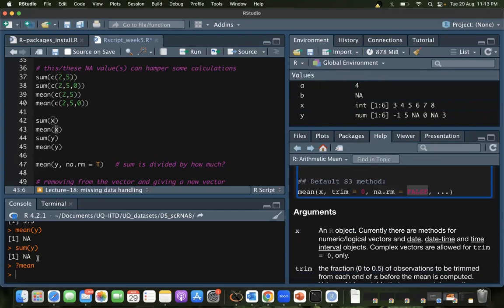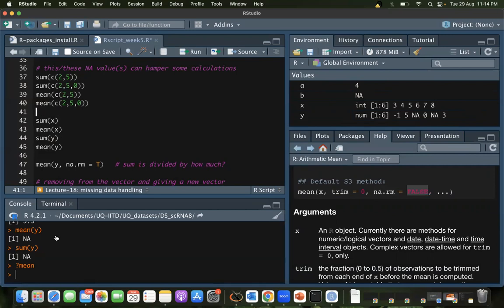So if you're getting NA, you can be alert that, oh, probably I have some NAs in my data, so I need to check. Although it is a good practice to always check if you have NAs in your data, if you think there could be NAs in your data. Because here, well, you can look at it. But if you have thousands of values, 1,000 length something, you cannot check it. So it's always a good practice to try is.na on whatever your variable is. If it doesn't give you anything, good.